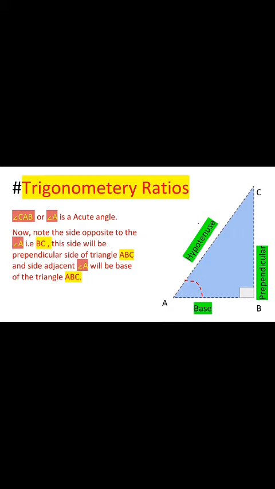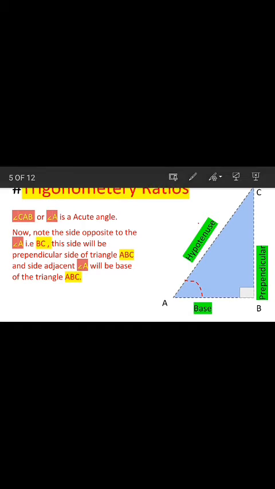For that, let us consider a triangle, written as triangle ABC. If you can see here, class, this triangle has a 90 degree angle at B. Since this triangle is 90 degrees at angle B, ABC is a right angle triangle. Now class, in this right angle triangle, let us take an acute angle, or any angle. Let's say I take angle CAB, which means angle A. Class, let us now take angle A.